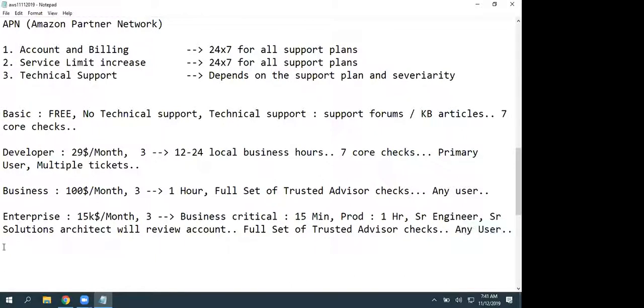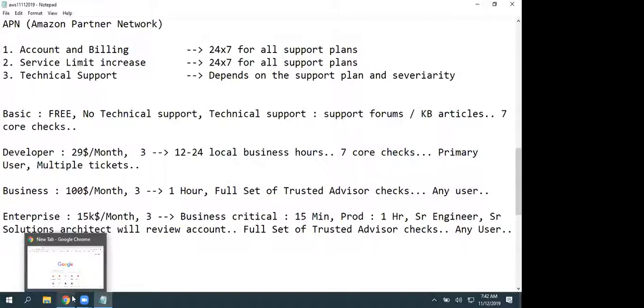You're going to get AWS trainings and self-paced labs. So you're going to be treated as a royal customer there. So these are the 4 support plans we have. We even discussed questions related to this one also. Okay. So now let me log into my AWS account.